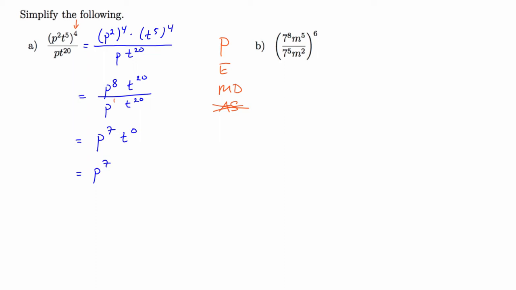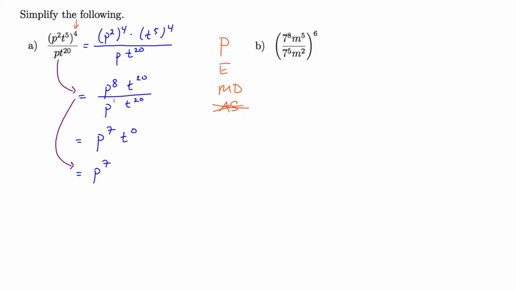It is important to point out that we took 4 steps to simplify that expression. The more comfortable you become with the exponent rules and the process of simplifying, the more you'll be able to do in your head, and the faster and shorter your work on paper will become. This could have actually been simply a 2-step situation. We could have jumped from the original expression to applying that outer exponent and multiplying at the same time, down to the final answer, where we simplified the p's and the t's independently.